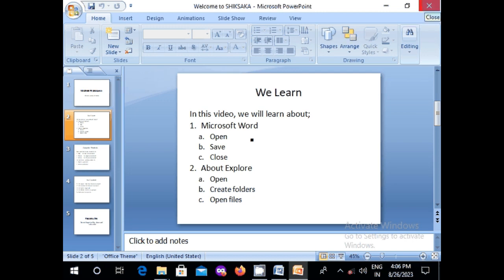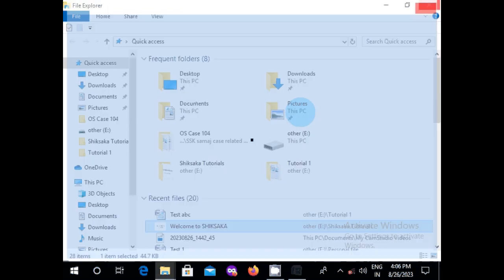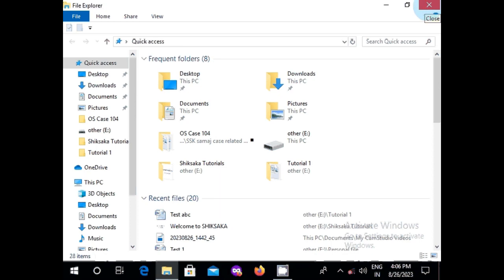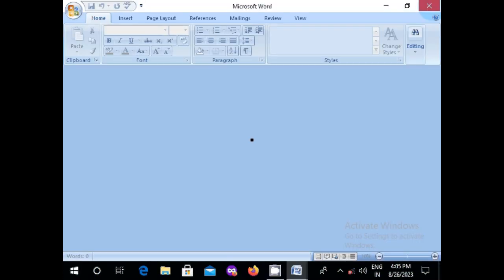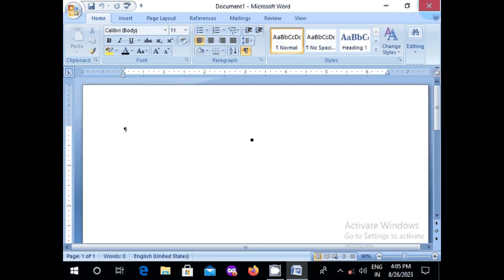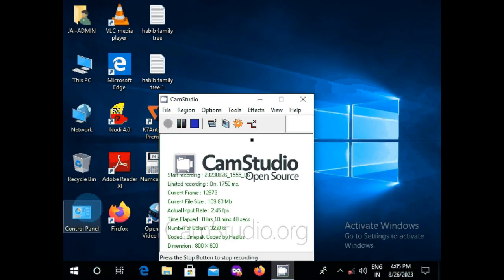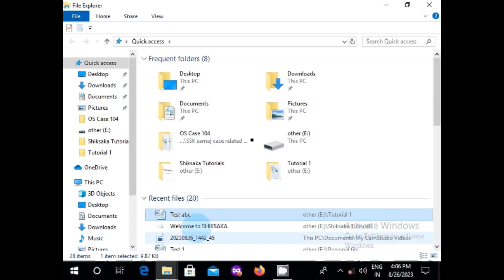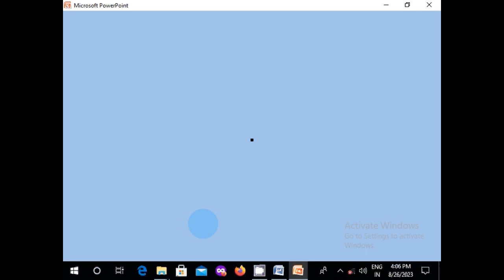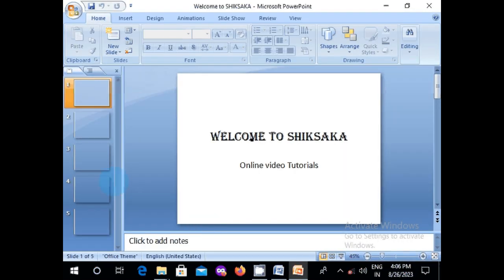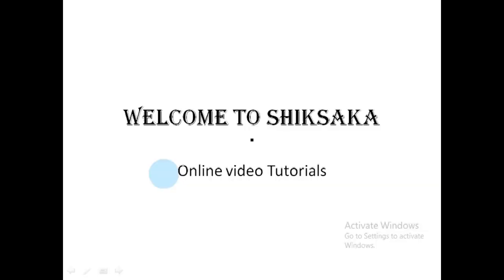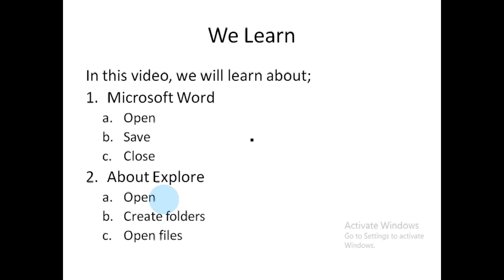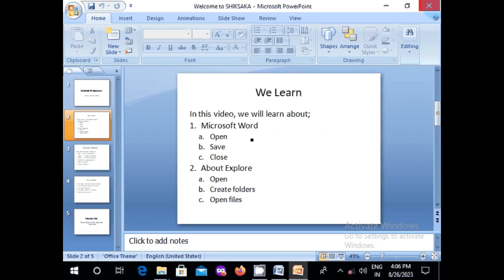Okay, so the shortcut way, the so we have closed. So in this section is what you have learned. Now right now, what you have learned in the session now till now is how to open a Word document, how to save a Word document, how to open a Word document, how to save a Word document, and how to close a Word document. Okay, now we need to now we learn to now we learn about Explorer, how to open inside an Explorer and how to open files from the Explorer. Okay, so